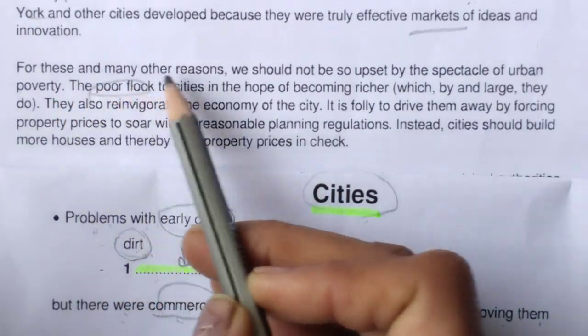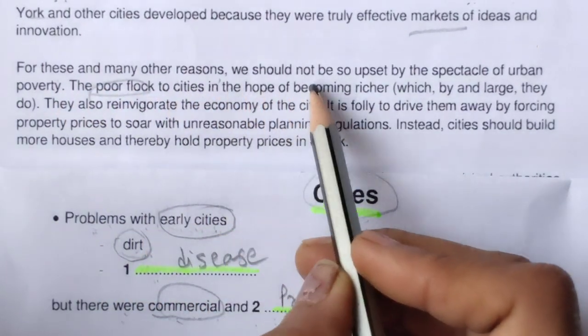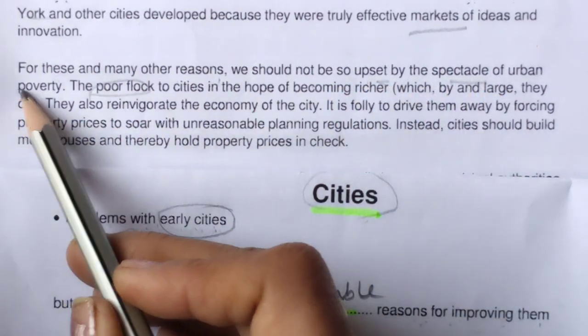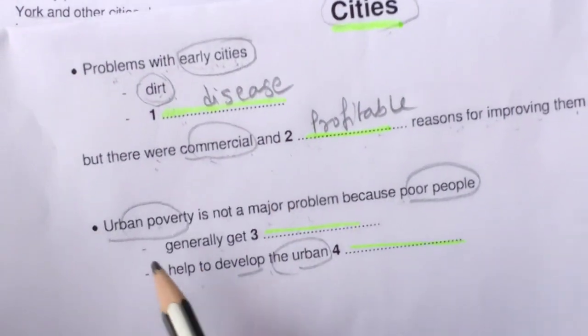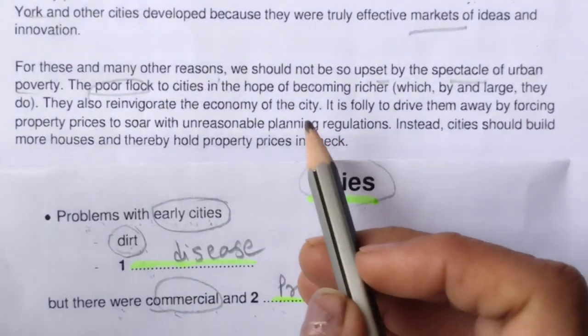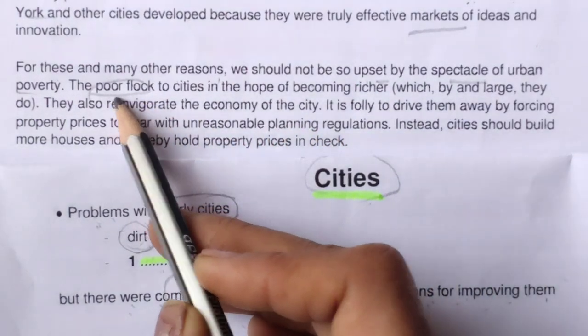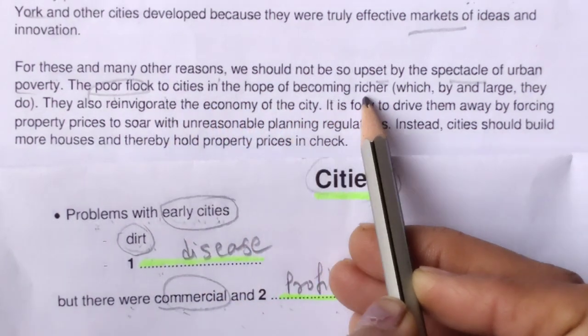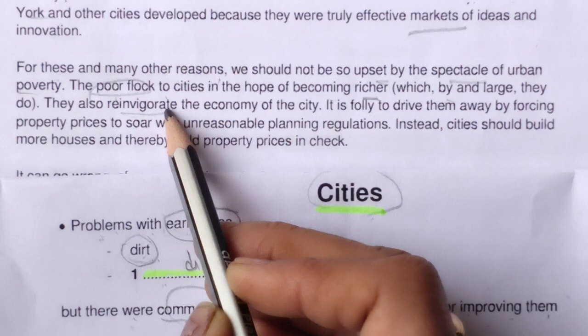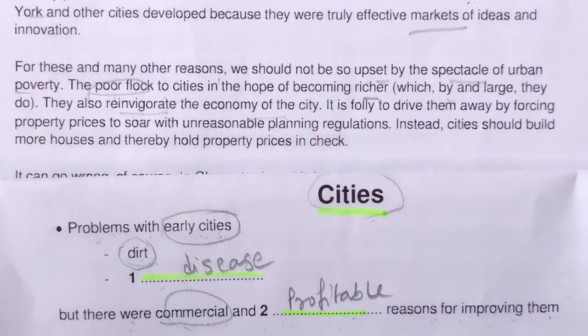For these and many other reasons, we should not be so upset by the spectacle of urban poverty. So yes, urban poverty is not a major problem because poor people generally get what they get. The poor flock to cities in the hope of becoming richer, which also helps the economy of the city. Okay,